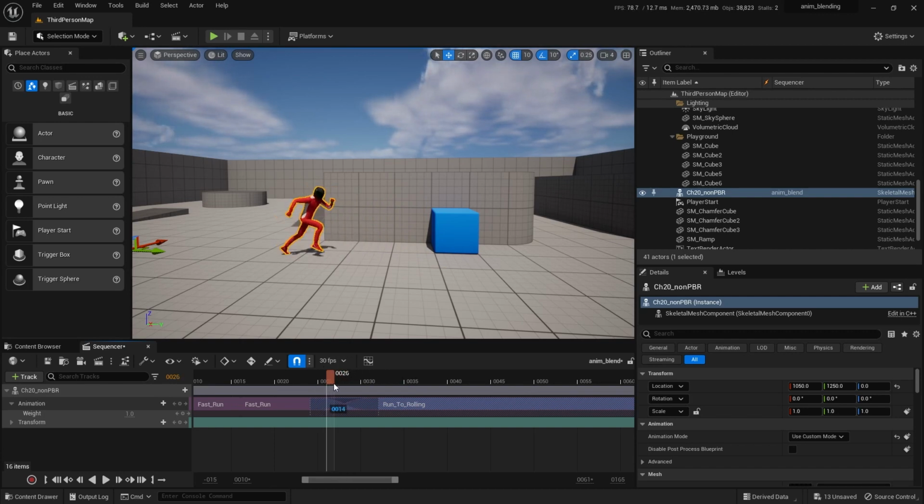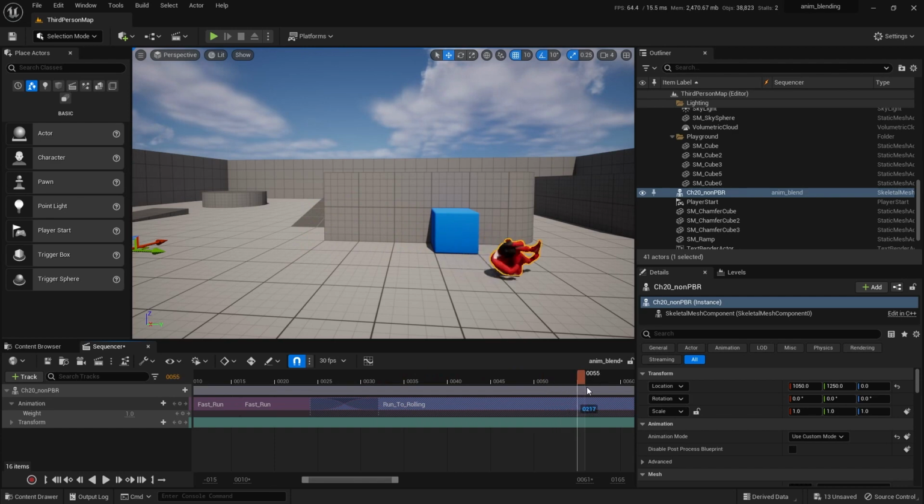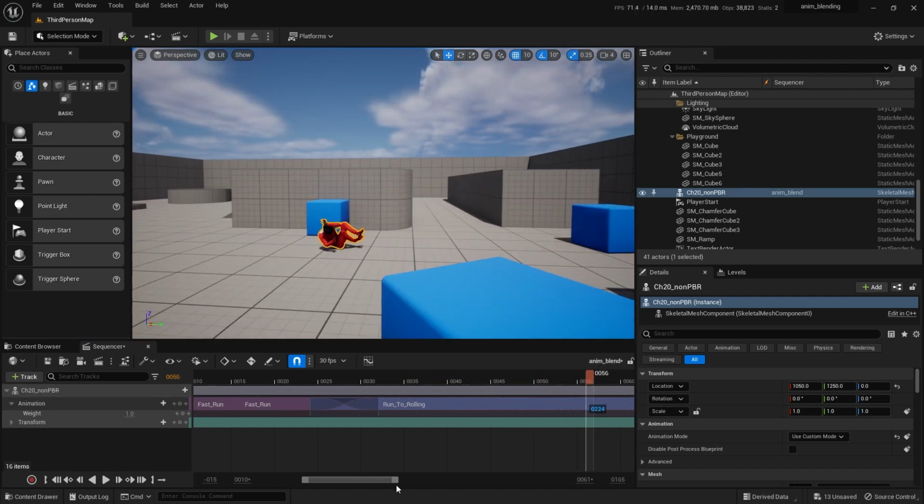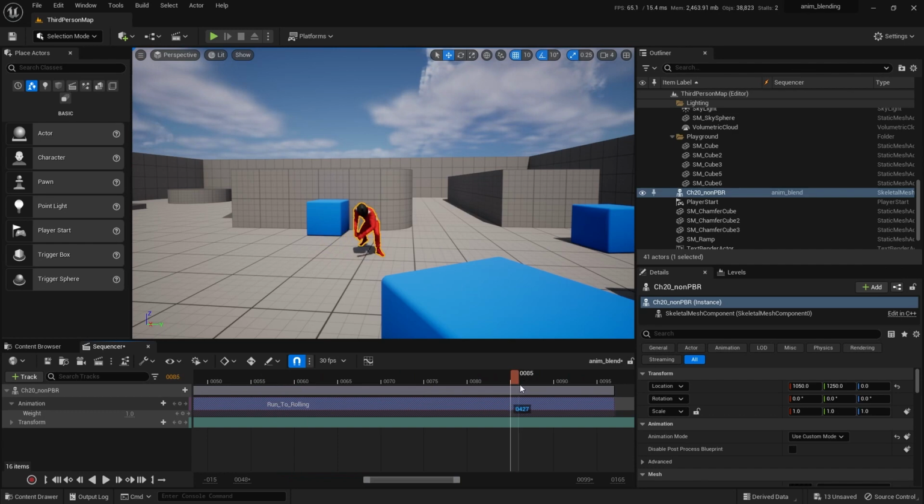So we are running forward, and then you see a mostly smooth drop into the roll there. All right, so then he does the roll. Let's get some more space here. He continues his roll. Let's see, what does he do after that? He gets up, plants his left foot, and continues to start running.